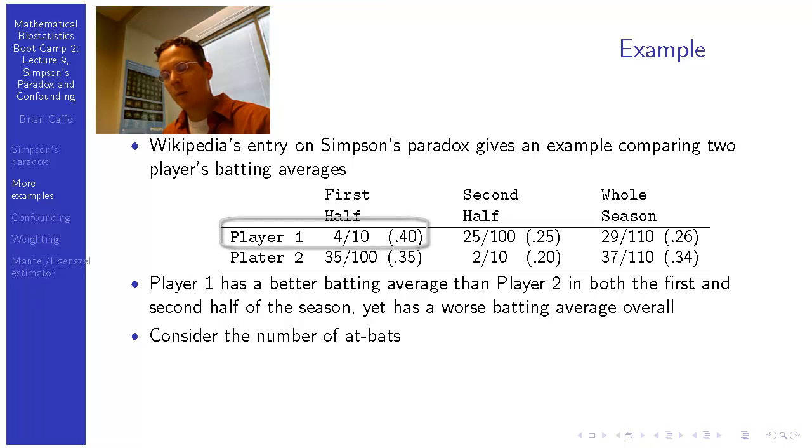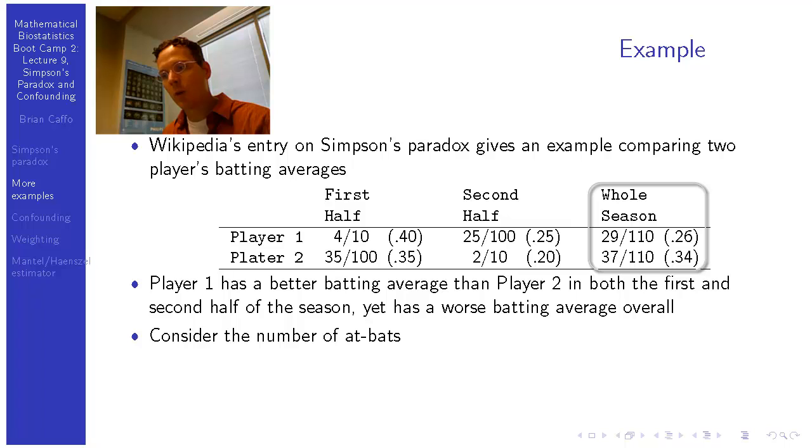Player 1 had 10 at-bats in the first half of the season and got 4 hits. Player 2 had 100 at-bats and got 35 hits. So player 1's batting average was 40%, player 2's was 35%. In the second half of the season, player 1 got 25 hits out of 100, a 25% batting average. Player 2 got 2 hits out of 10, a 20% batting average. So in both the first half and the second half of the season, player 1 had a better batting average than player 2. However, if you just add up these numbers,